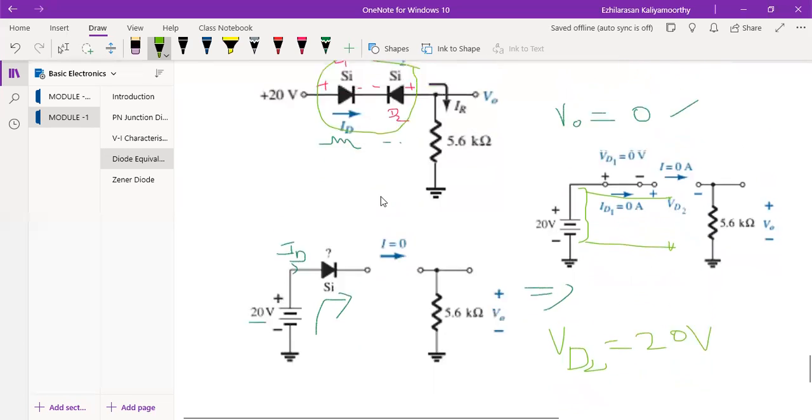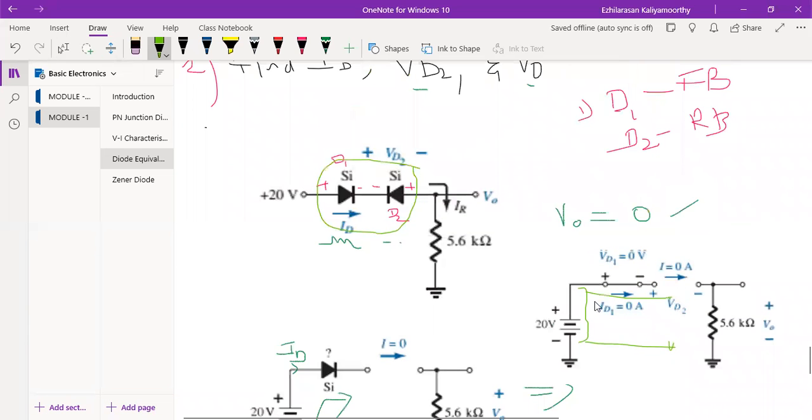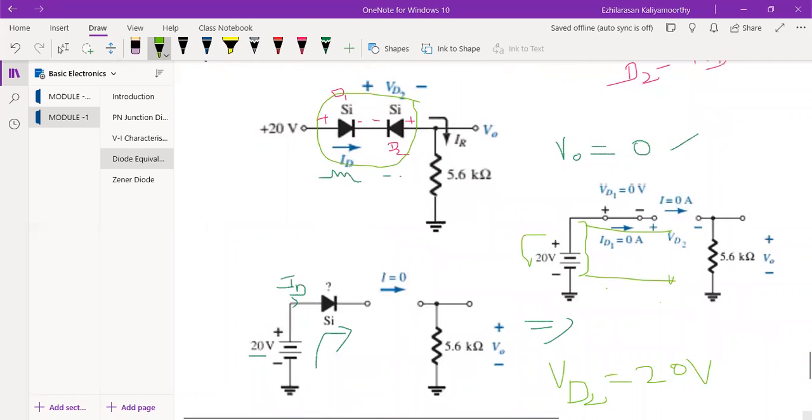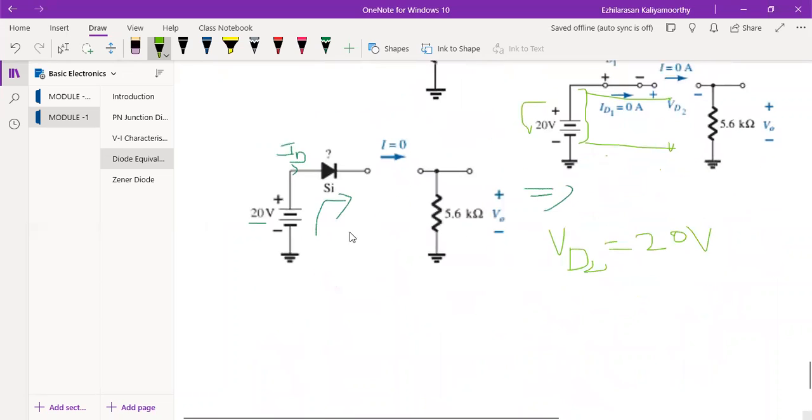So I will say when it is an open switch, automatically whatever the voltage I'm having here, the same voltage I will get at this point also because there is no element over there. Next thing, VD2 is over, V0 also is over. Next, ID you have to calculate. What is ID? Very simple, I can say ID will also be equal to zero. There is no current. So I think you might have understood this, right? So ID is equal to 0.